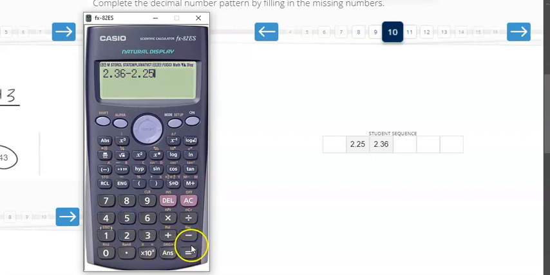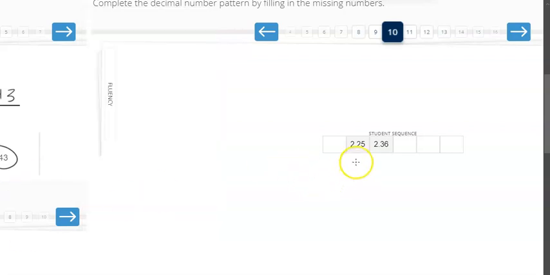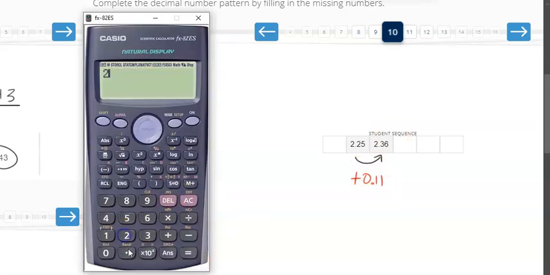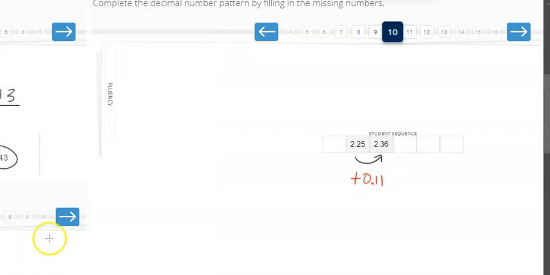So 2.36 take away 2.25 will give us 11 over 100. Now if you get a fraction format, just remember to press the SD button and it should come up in decimal format, 0.11. So we know in this case, this is going up by 0.11. So all we need to do now is grab your 2.36 and add 0.11. 2.47. So my next number is